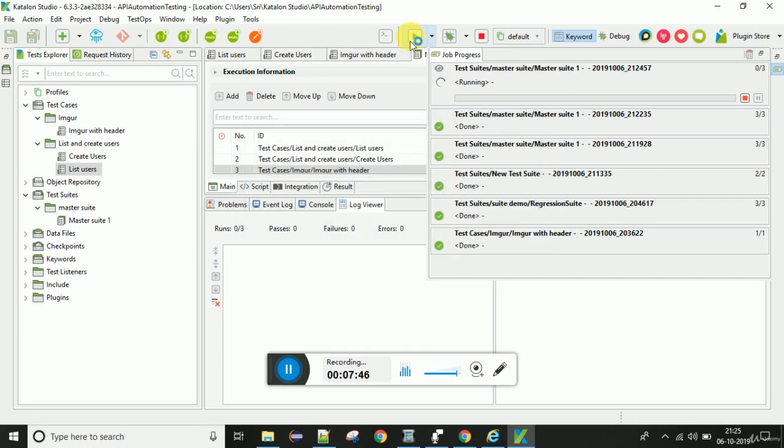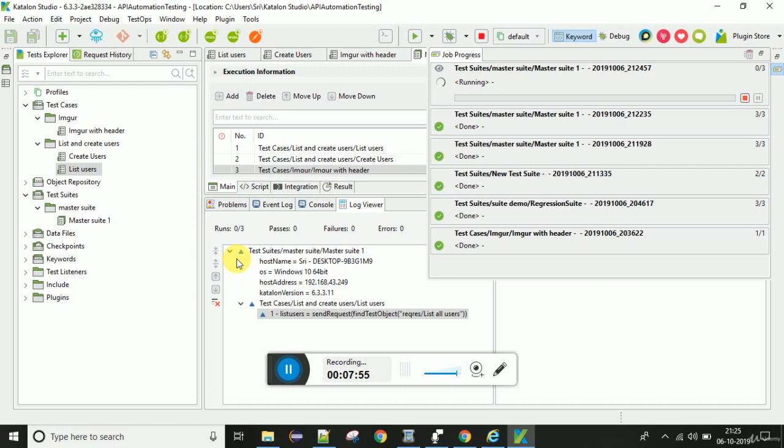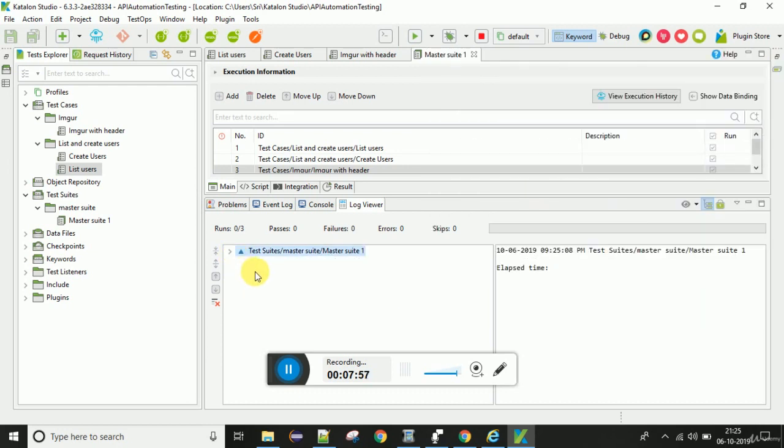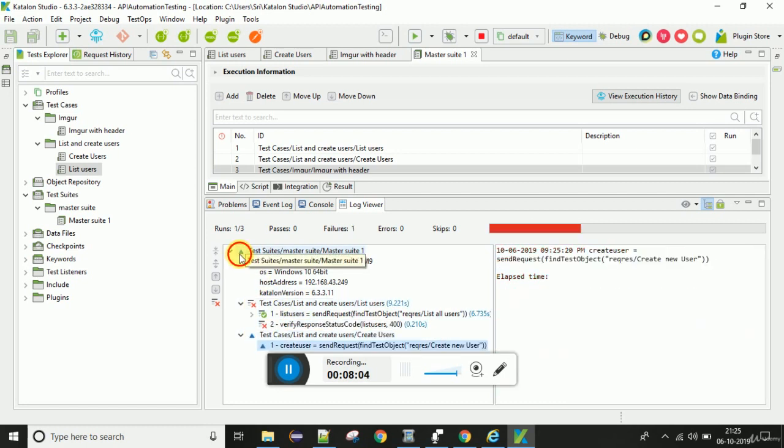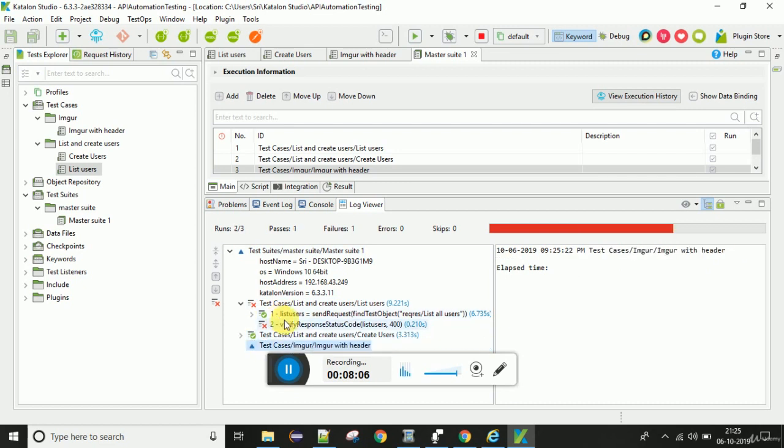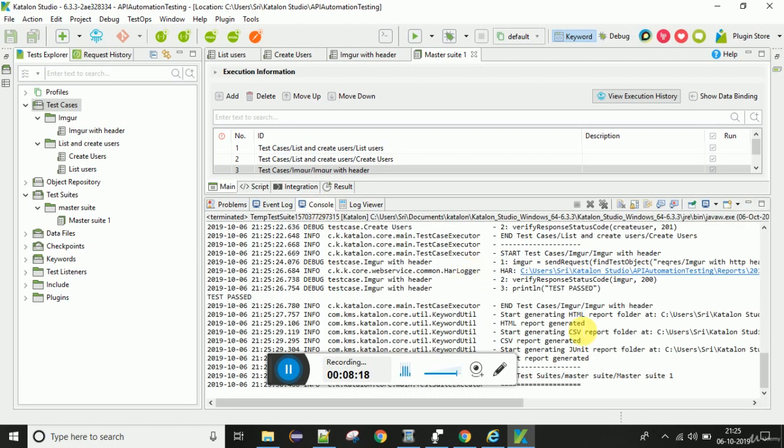Now our test suite is running. Here you can see this test case has failed and it is generating the reports, and the report is generated.